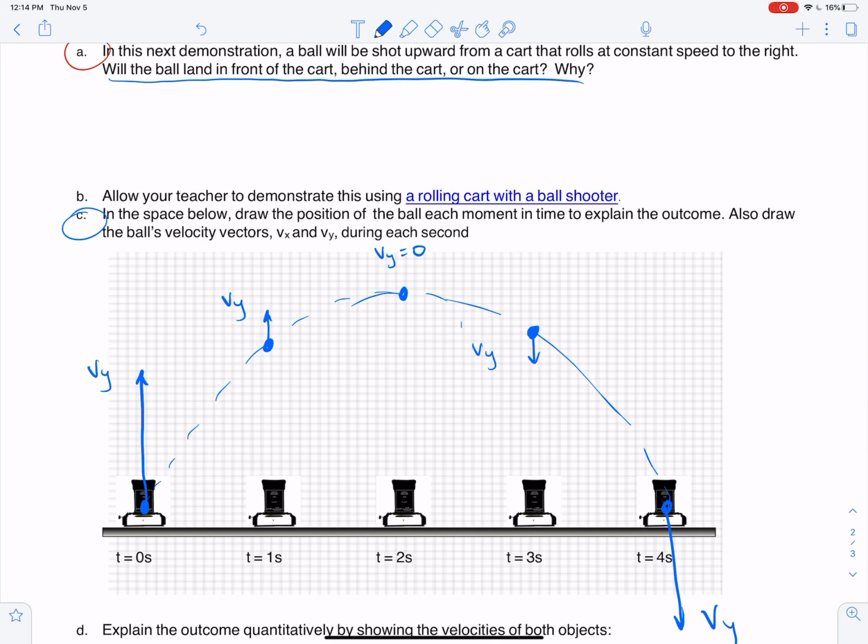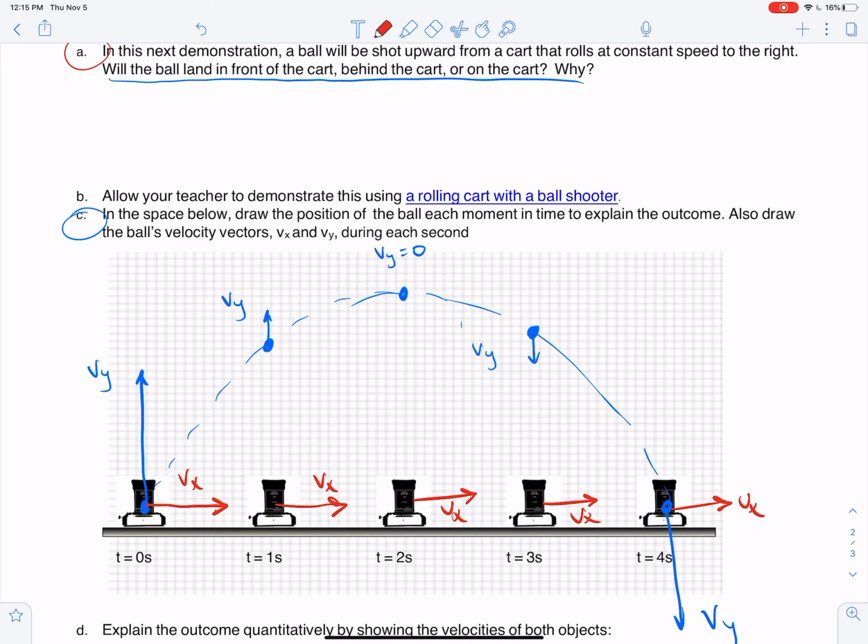But while the ball is moving vertically, it is also traveling horizontally. So there is another vector going on. Someone, the guy in the video, has pushed the cart forward with this initial horizontal velocity. And so as the cart continues to move forward this whole time with this horizontal velocity,